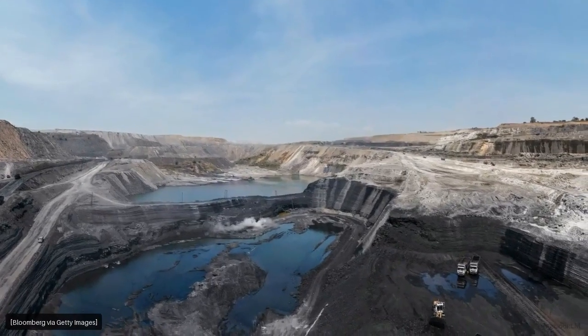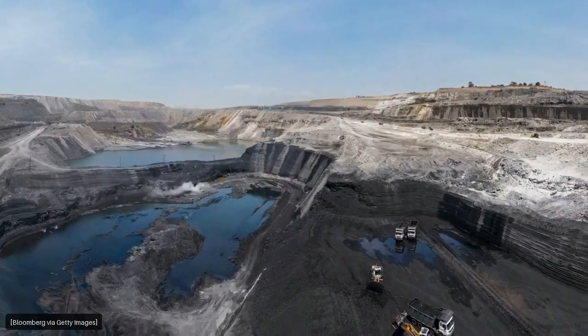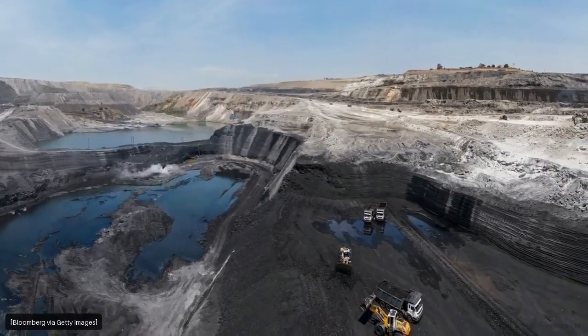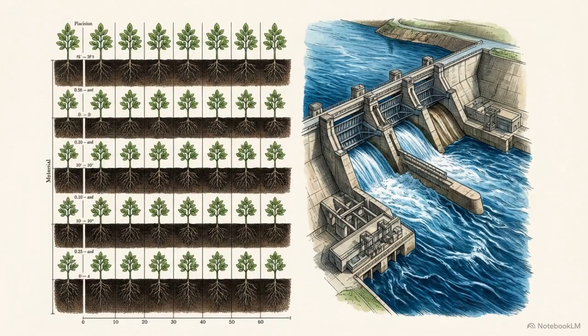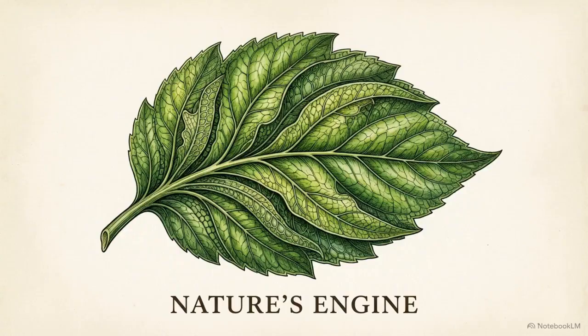India mines coal to meet a massive demand for electricity, but these reserves are projected to last perhaps only another 50 years. To avoid that hard limit, we look toward renewables like timber and water, assuming they will naturally replenish themselves as fast as we take them. Labeling a resource renewable has become a blank check for infinite extraction, setting our economy on a crash course with biological reality. To understand those limits, we have to look at ecosystem functions.